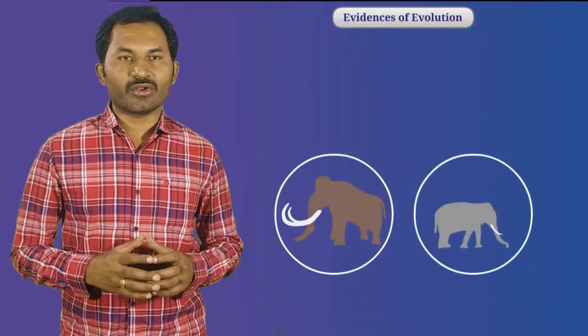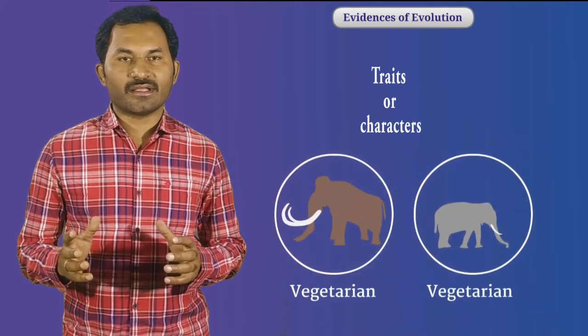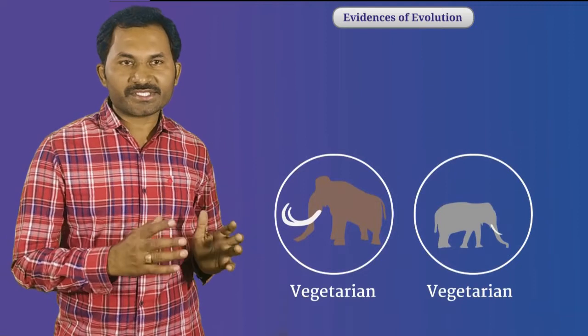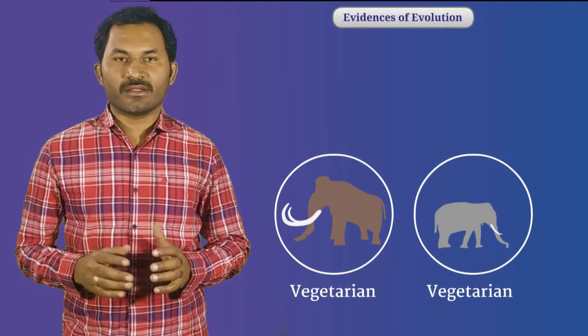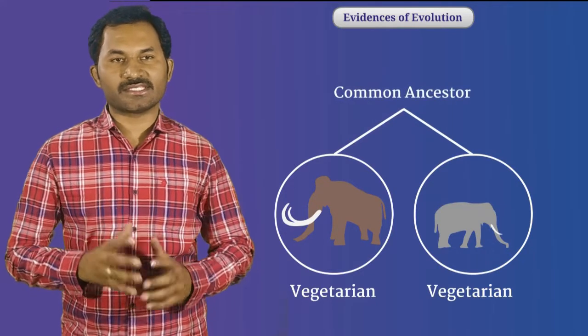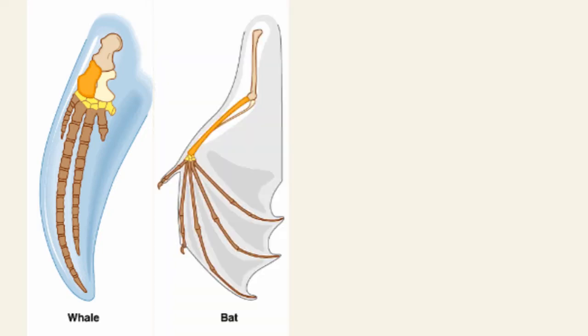When we try to follow evolutionary relationships, we identify traits or characters as common. These traits or characters in different organisms would be similar because they are inherited from a common ancestor. You may wonder to know that the internal structure of the forelimb of a whale, bat,